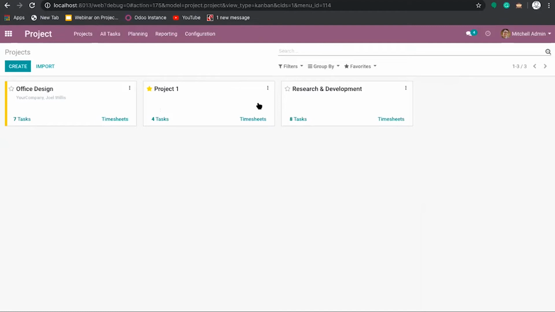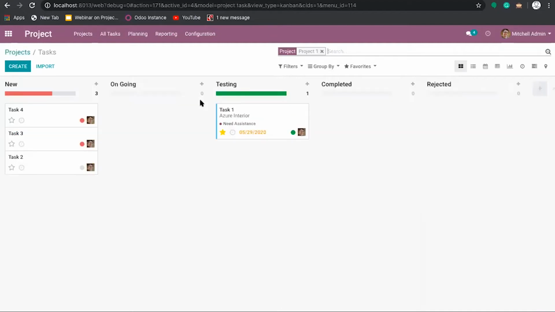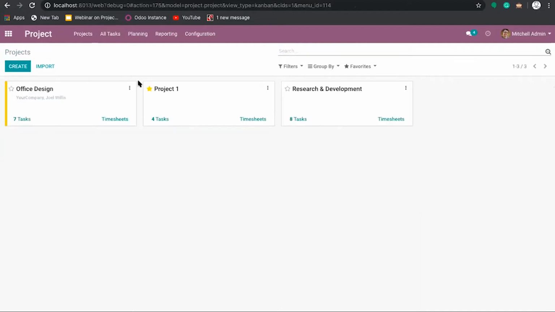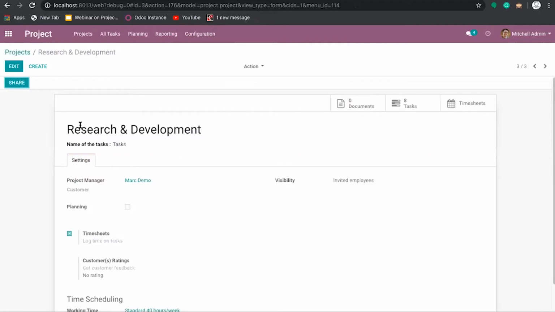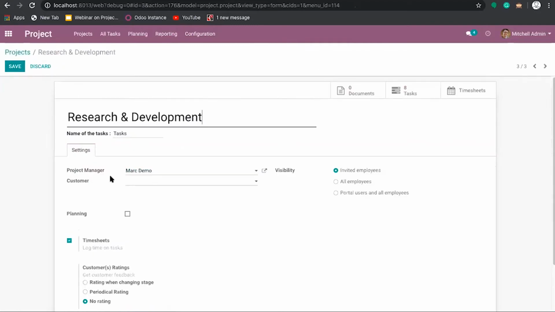So this is the process to create a new project and create a new task. So we'll see how to add an employee to a particular project. If you haven't added an employee to a particular project, then it is not possible for him to mark a timesheet for that particular project. For that purpose, you need to go under configuration. You can find the projects here, click on the projects, select that particular project, click on the edit option, and